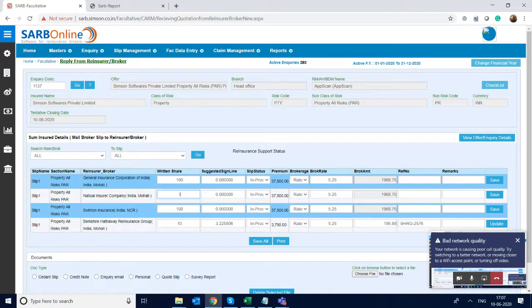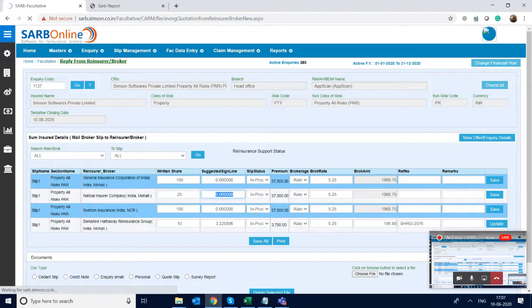Another company may have returned with 25%, so we select 25 and status as accepted. And the third one again says accepted for 15%, so sorry, it cannot be more than 100%.